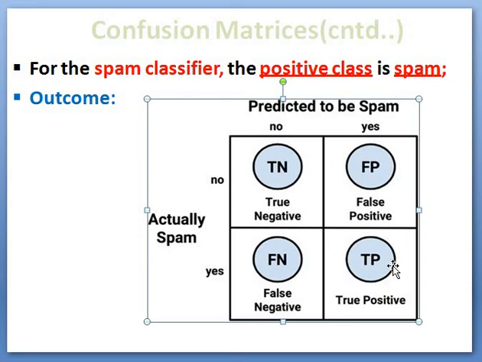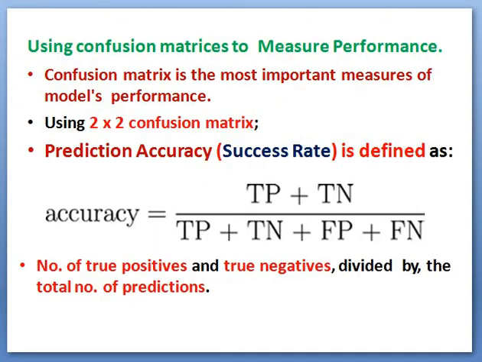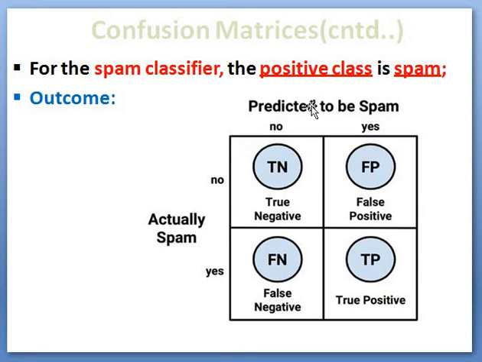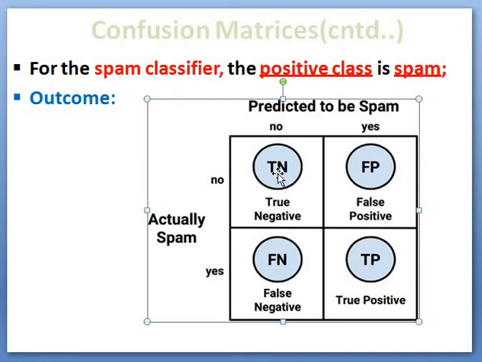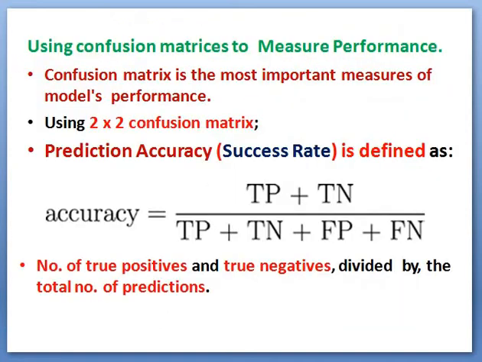Likewise, using this confusion matrix we have several measures, taking the values from it. So if the matrix is like this, all these 4 areas have some numeric value. That numeric value is the count. That means the number of data points classified as true negative, the number classified as false positive, the number classified as false negative, and the number classified as true positive. That count is represented in the corresponding confusion matrix.